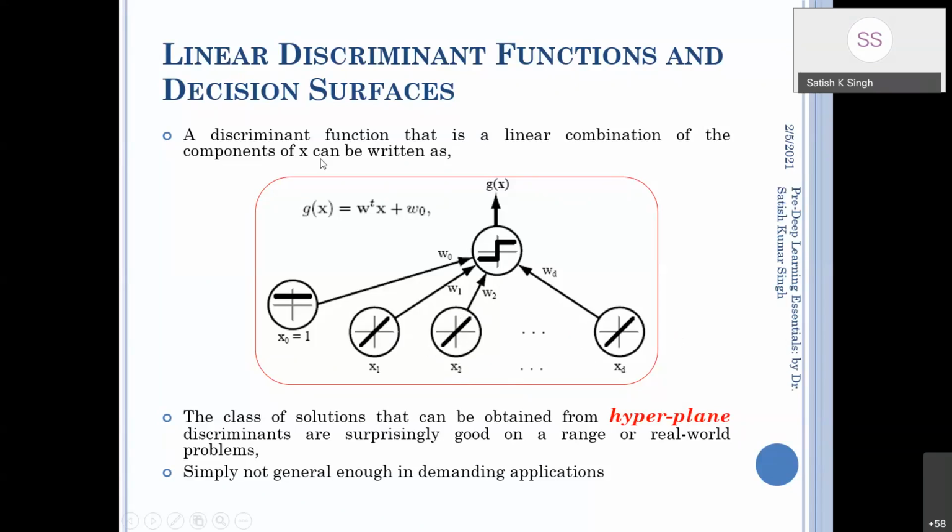So a discriminant function that is a linear combination of the components of X, basically, G(x) is W transpose X plus W naught. We call this function linear, but this is not exactly a linear function. This is a linear combination, but why is this not a linear function? Because there is a basic thing that